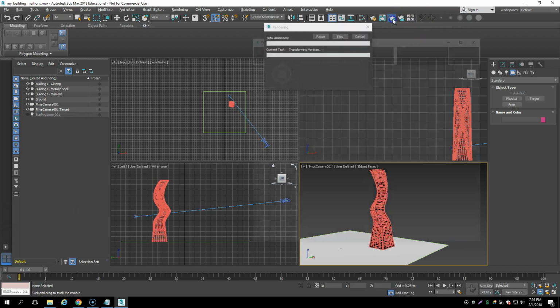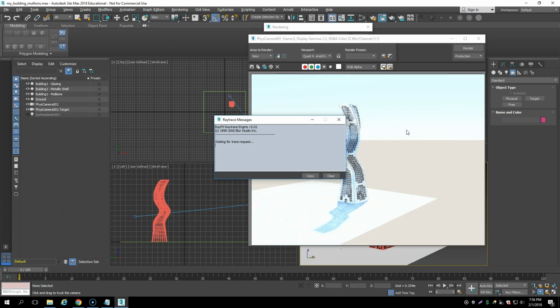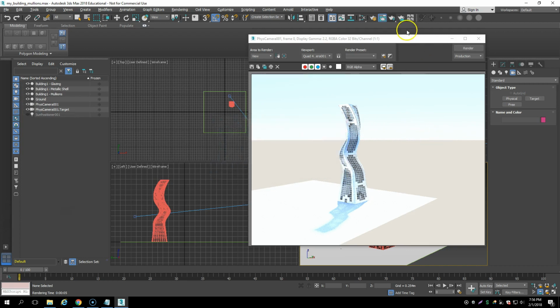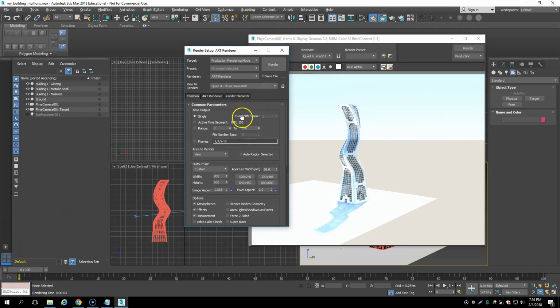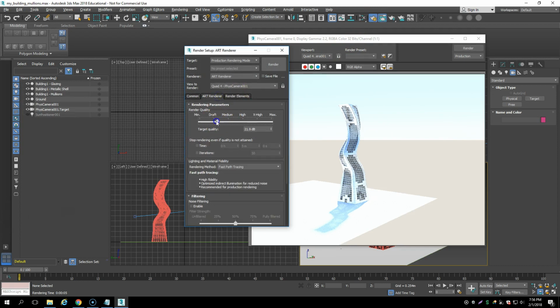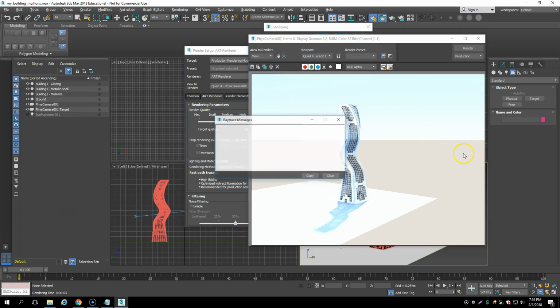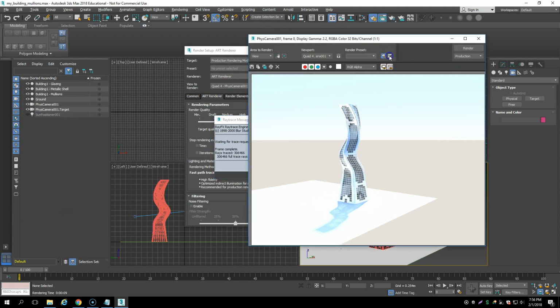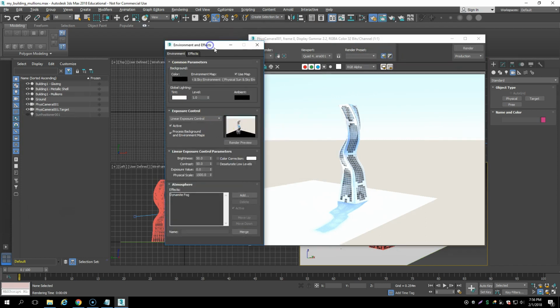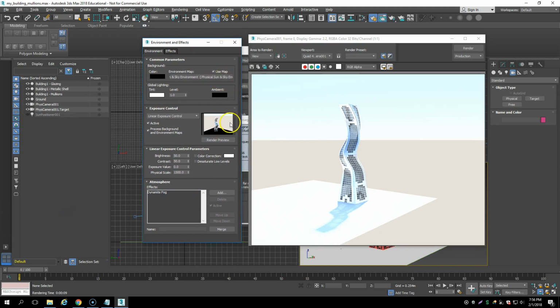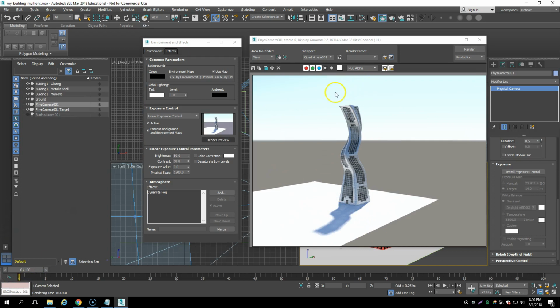Then you can render. So you can play with that. There's a whole lot of controls for rendering involving the draft or medium, and it'll tend to get a little better, a little less pixelated. But again, the exposure control and the lights are critical here. So this is the best I can do with a linear exposure control,